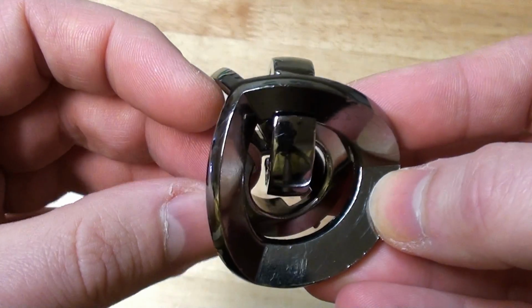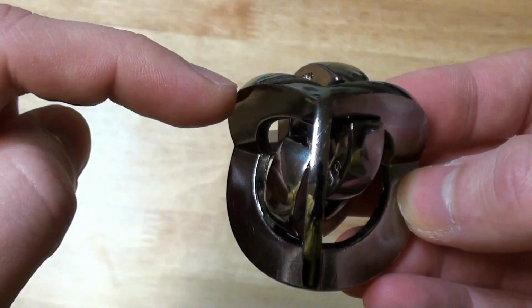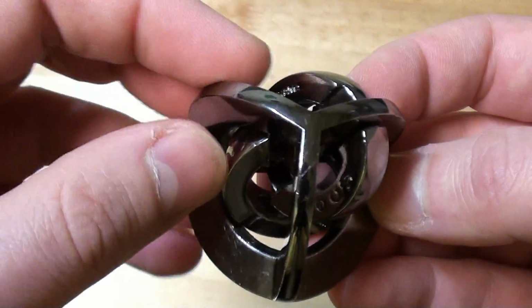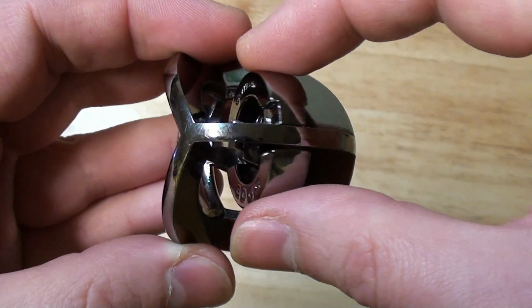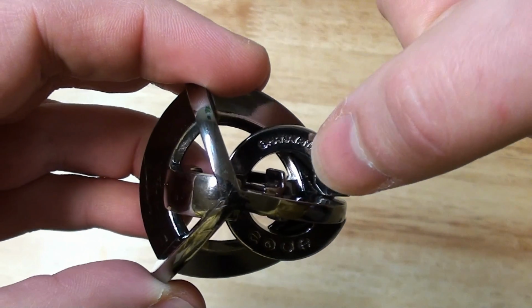Once you're done with that, you disengage the blank ring from this arm, and you turn it a little bit like this, because we're going to engage it to that arm. To do this, you put the Equa ring on the right, and as you can see the Equa ring right here,